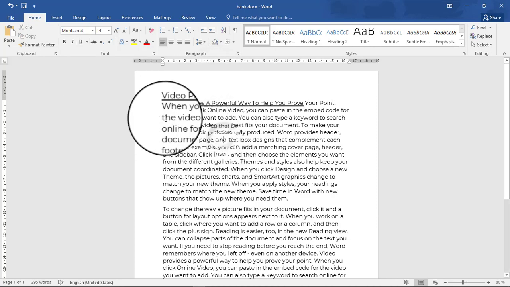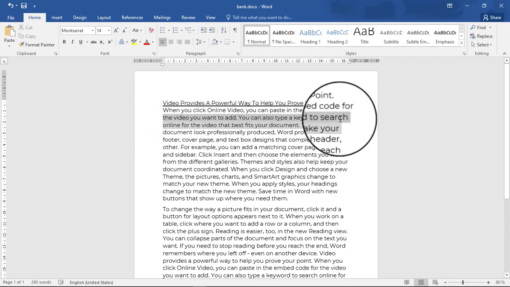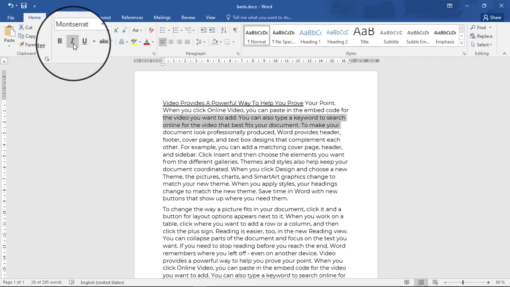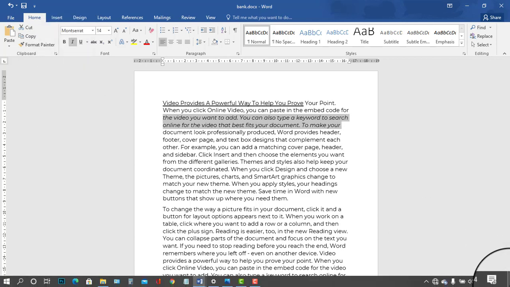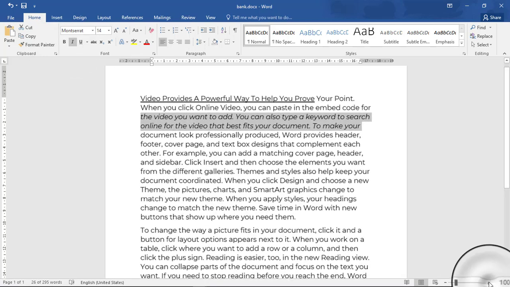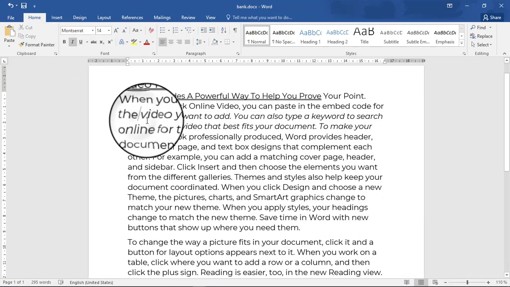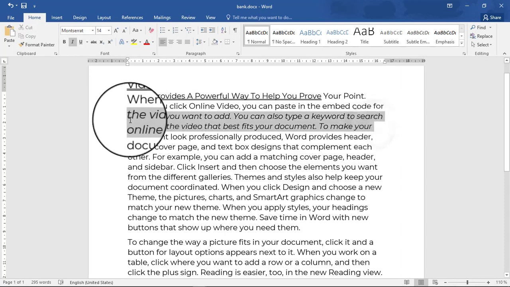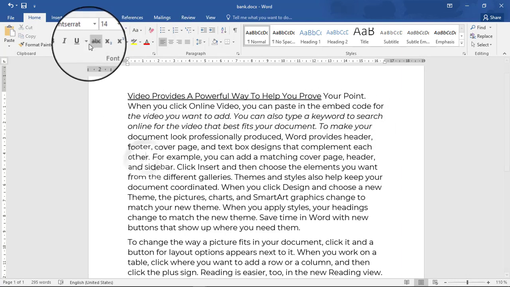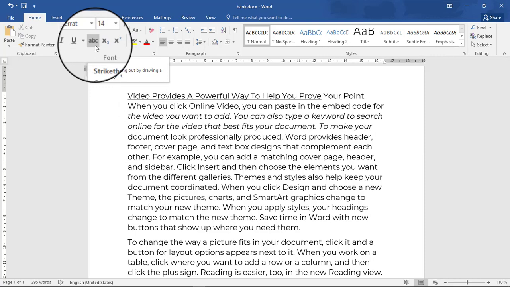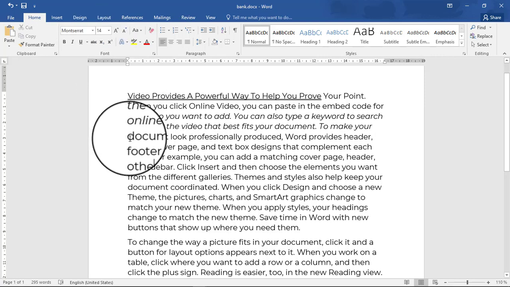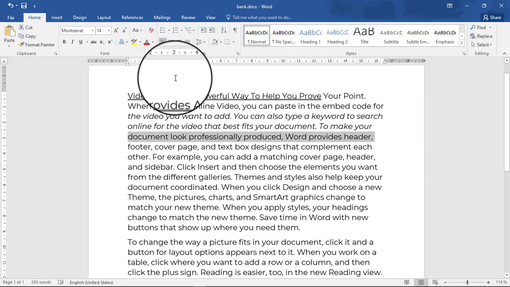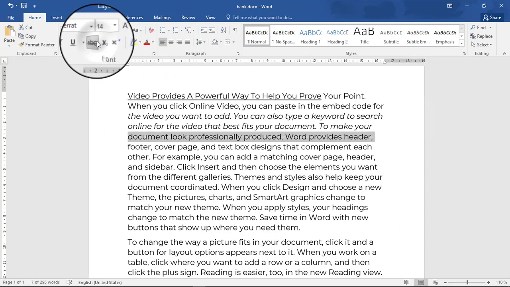Another thing here, I may want italics. You just have to select, you have to highlight, then you select, maybe I want italics. Are you seeing the italics? That's the italics. Let me zoom in a little bit. That's the italics as you're seeing the text here. You have changed to italics. If I want the strike through, just have to select, then you go to strike through, if at all you have been told to do that.